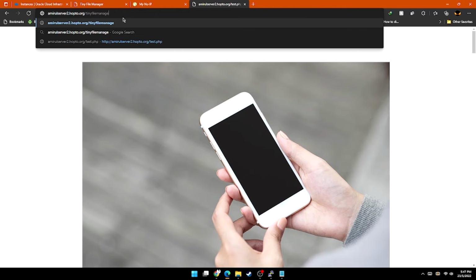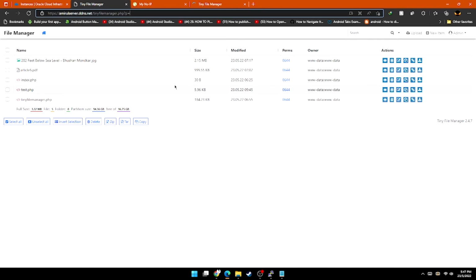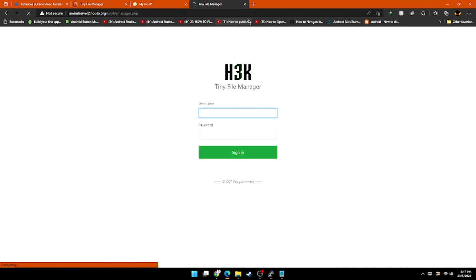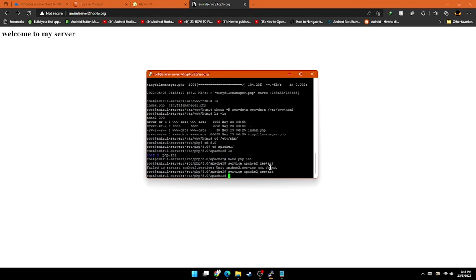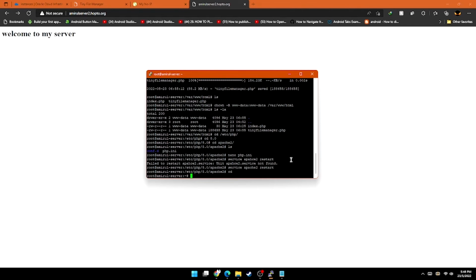But we don't want to access the same thing, so we will create a new file for the new domain, so it will open different things, so it will not open the same thing as the first domain. So now we will go to outside of PHP and we will navigate to the Apache folder, Apache 2 directory,